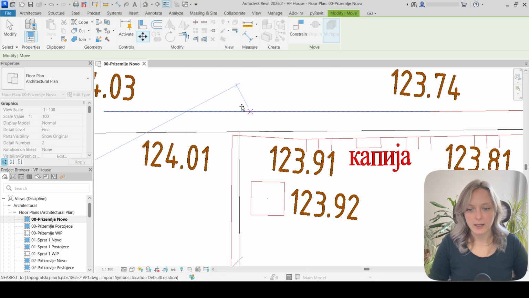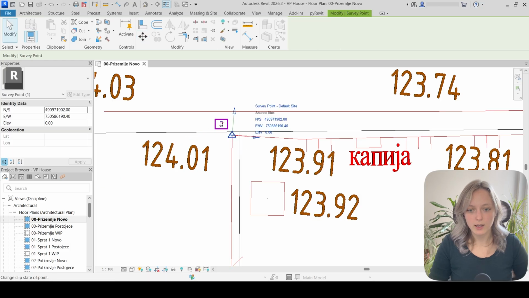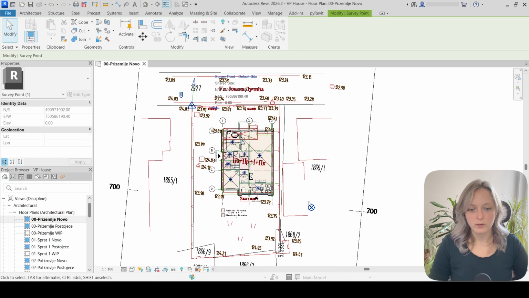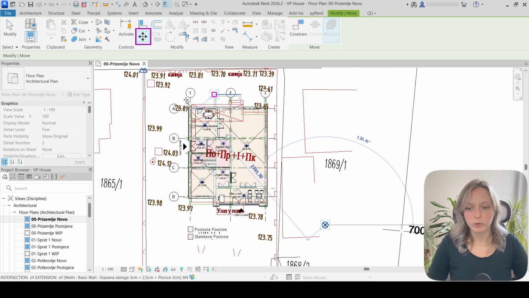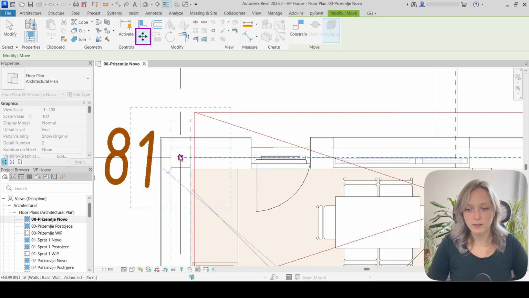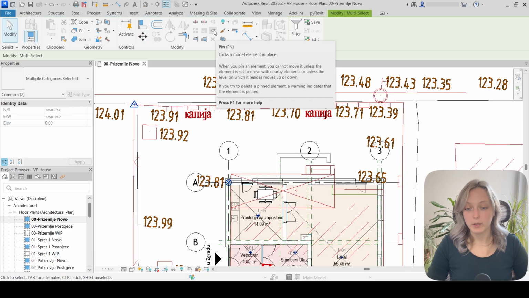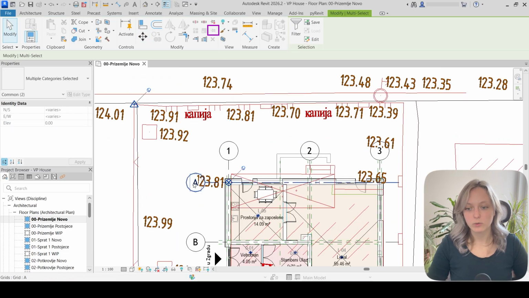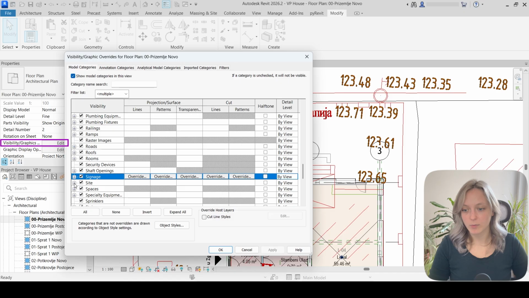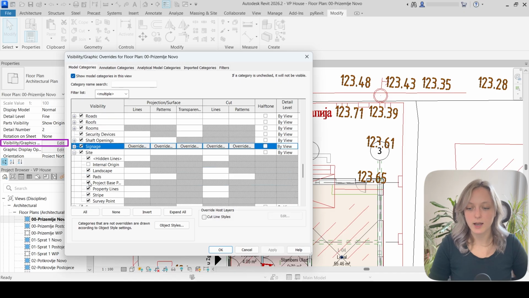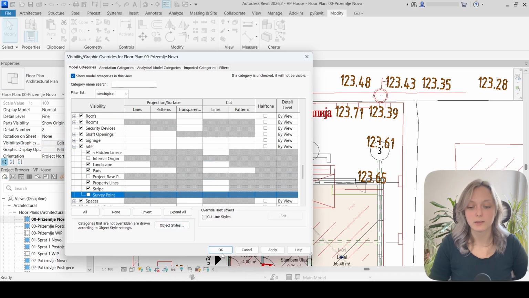I will just add it, for example, here on this red edge, and I will clip it back again. I will do the same for the project base point, except project base I will move to my grid line. I will move it here, and I will pin both of these points so they are not accidentally moved. I will also go back to visibility graphics and hide them again, because obviously I don't want to accidentally mess